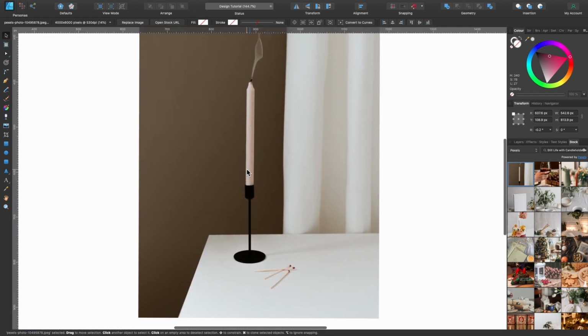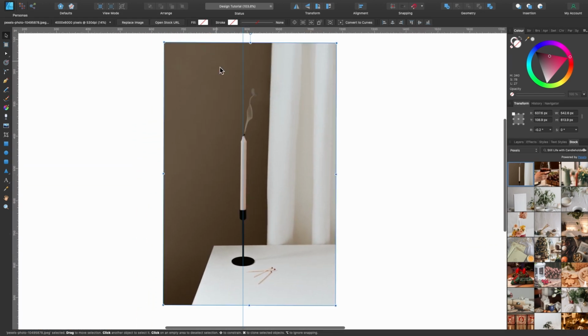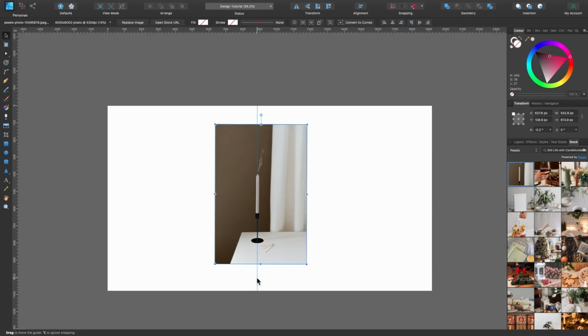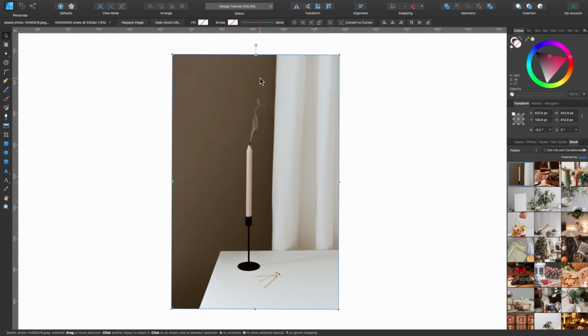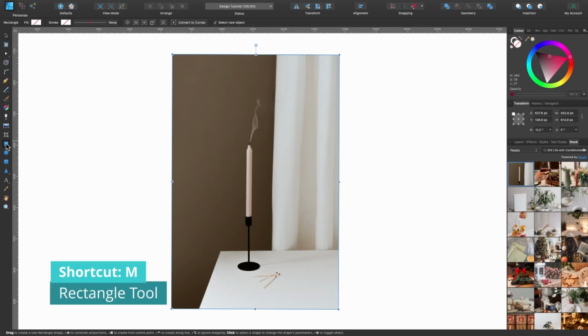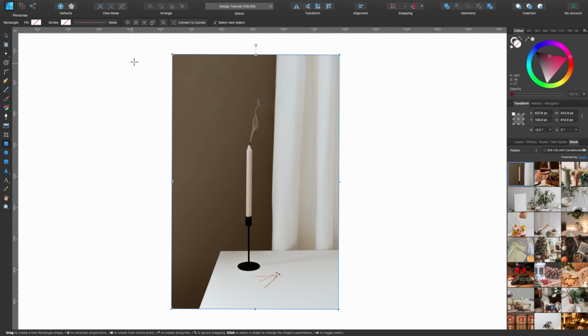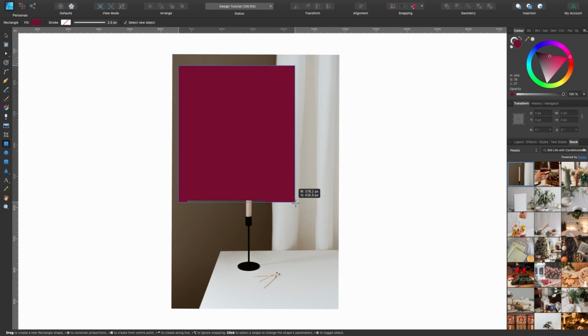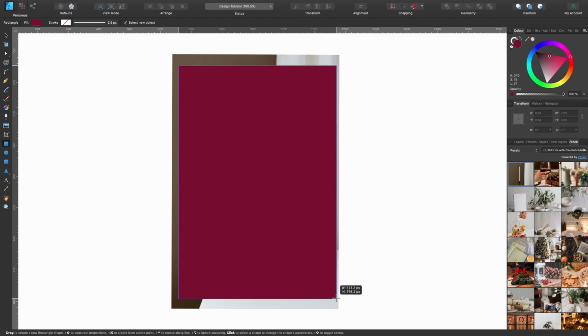The next thing I'm going to do is crop this down a little bit. Let me just click and drag this guide off. As I was saying, I don't want the image to be this tall. I'm going to click on the rectangle tool, that's M, the shortcut. I'm just going to click off of that, click and drag out the shape so I can select what I want in the picture.